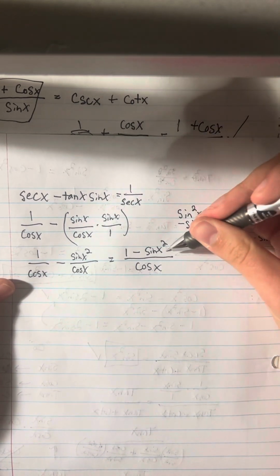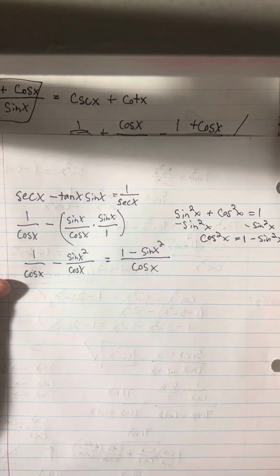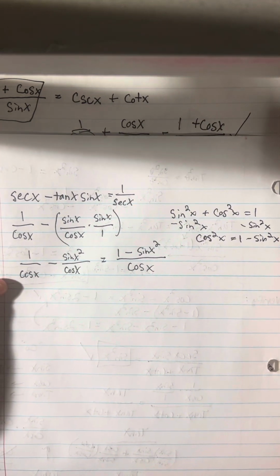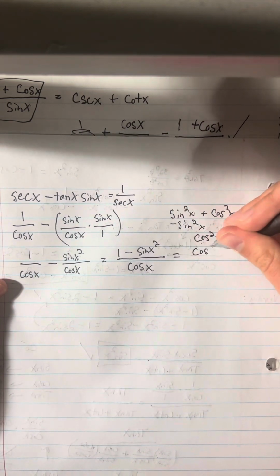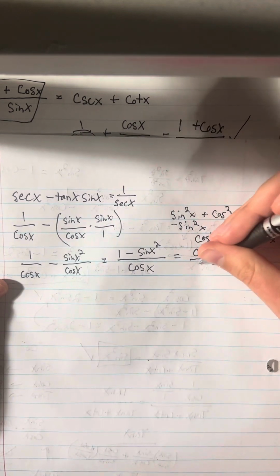I bring that up because we have a 1 minus sine squared x right here. So we can replace that with cosine squared x over cosine x,